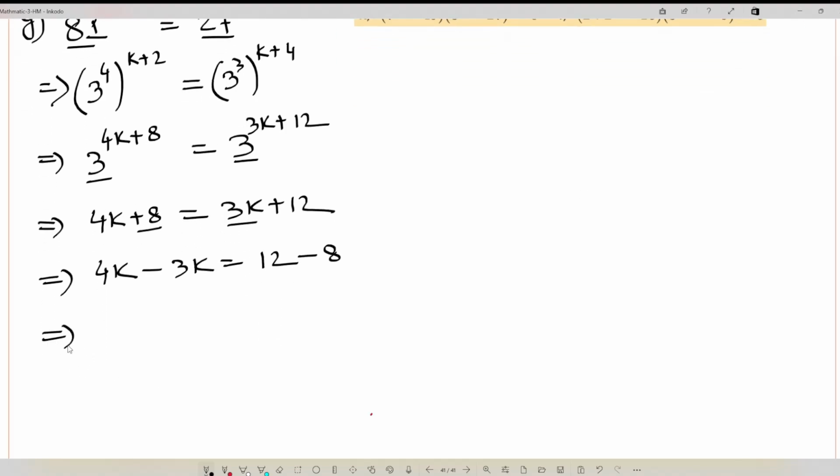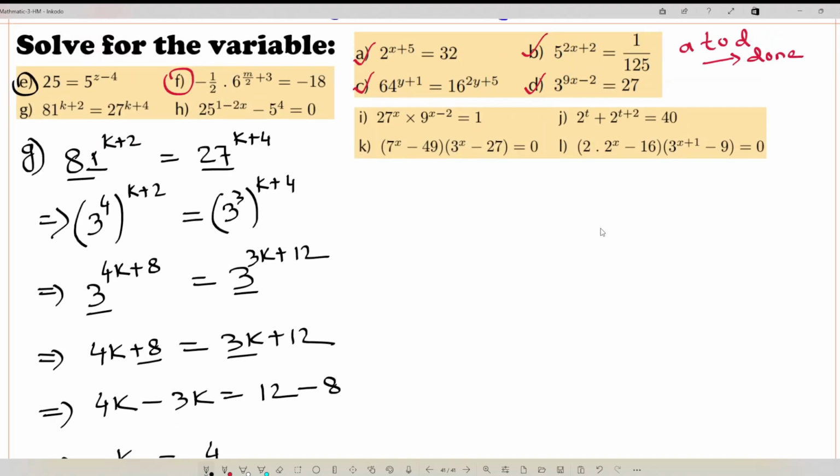Then 4k minus 3k it will be k, and 12 minus 8 it will be 4. Okay, so our answer is k equals 4. Number G done. Number H,